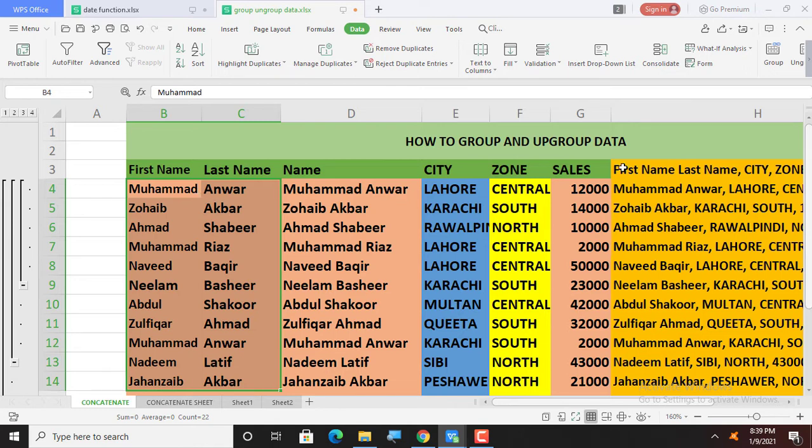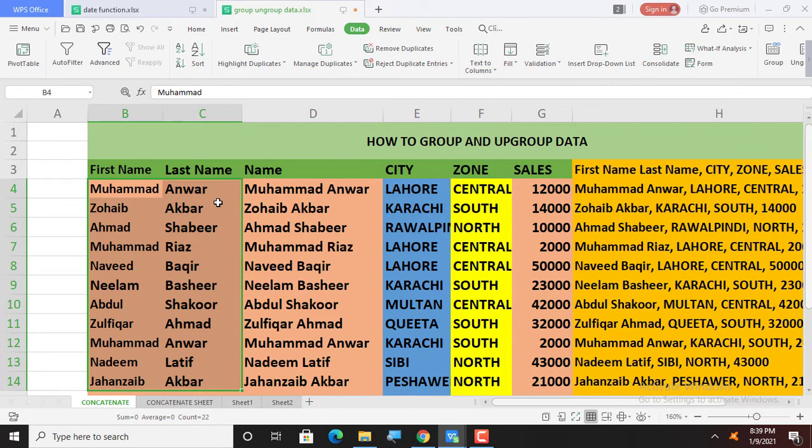Now if I want to group the table by columns instead of rows, first go and ungroup the previously selected things. For Clear Outline, you have to select from Ungroup to clear all the group data. Now you can see that all the group data has been removed.